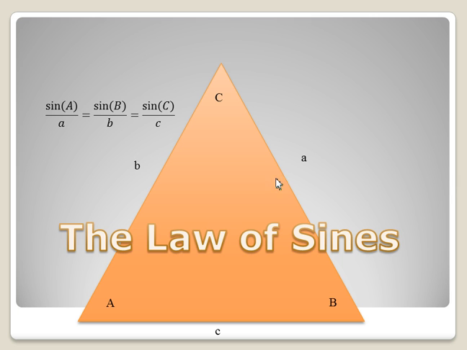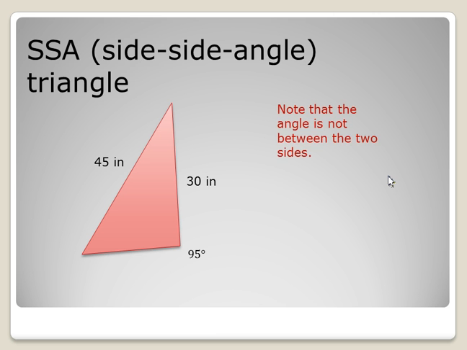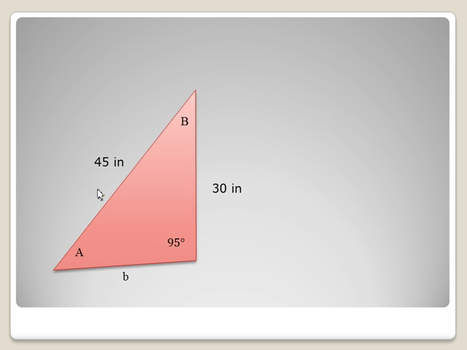The sine of A over a equals the sine of B over b, equals sine of C over c, or we can flip them over: a over sine of A, b over sine of B, c over sine of C. Okay, so let's say we have a side-angle triangle. Well, let's go ahead and use